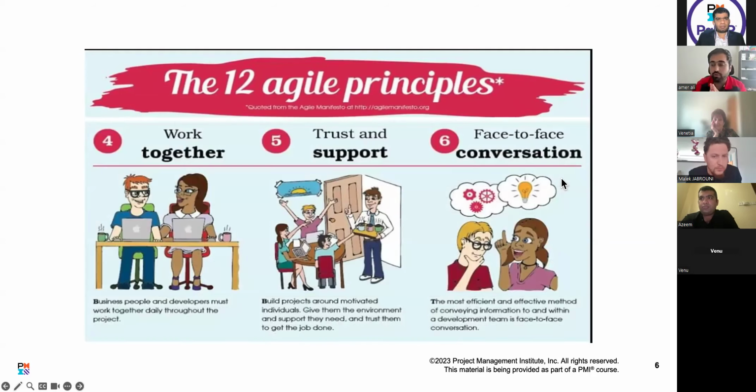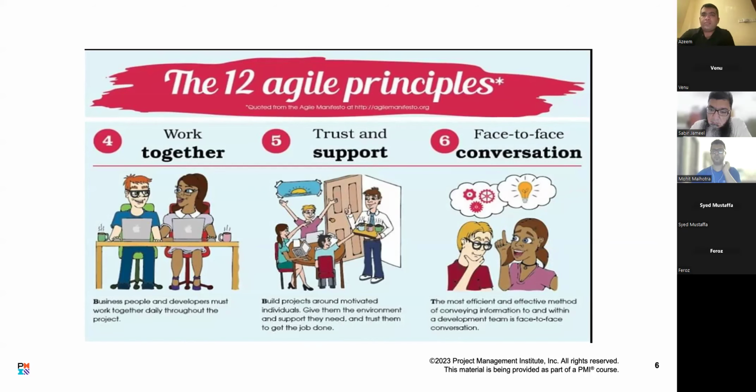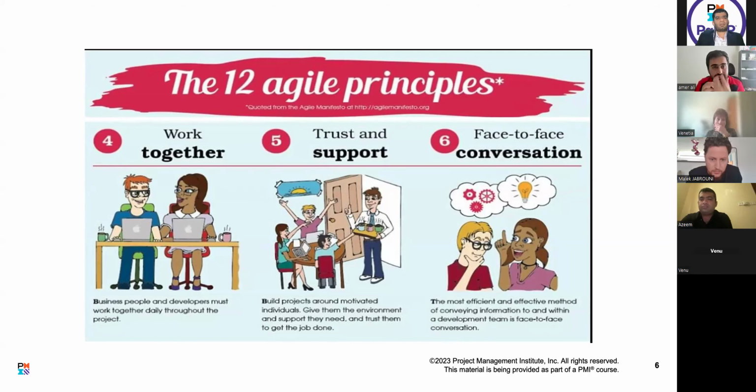Now, as I said, the team is very critical. In Agile, we want a co-located team as much as possible. Yes, virtual and hybrid teams are the name of the game today. But we believe that a face-to-face conversation builds trust, and that helps business people and the team develop in a better way. One of the jobs of a program manager or project manager is to build an environment where people can trust you. That's very critical.